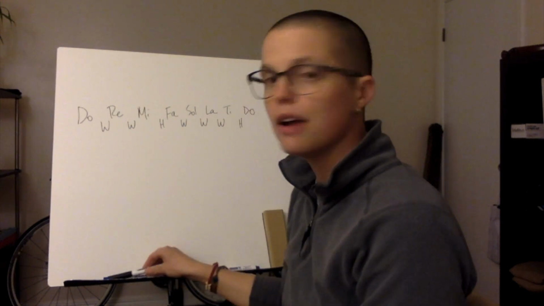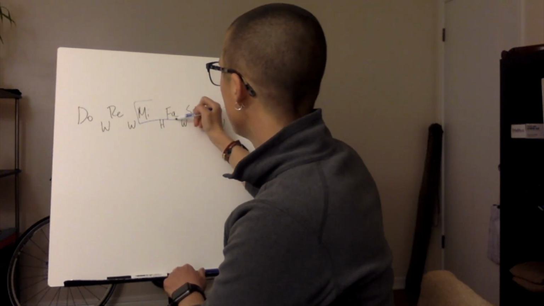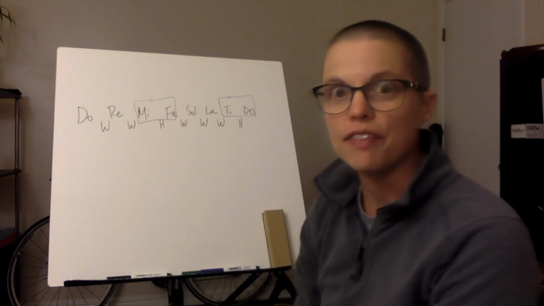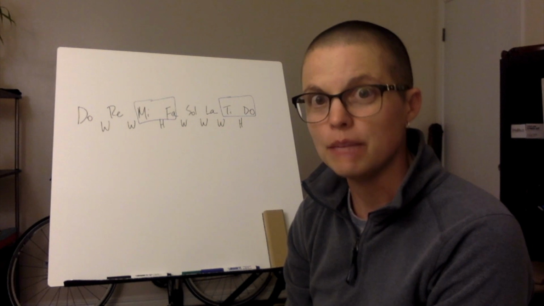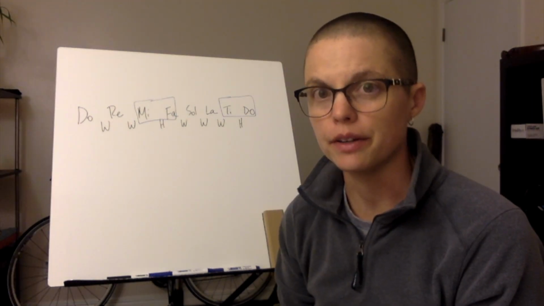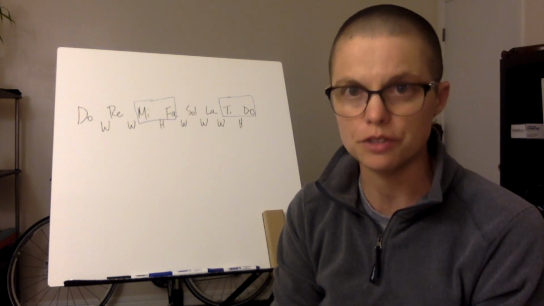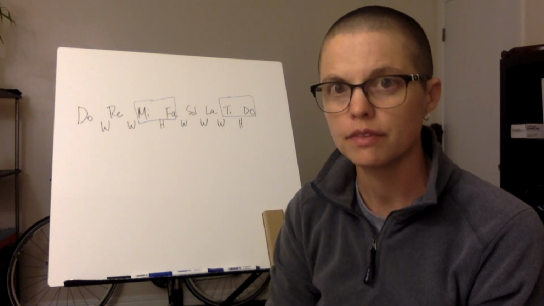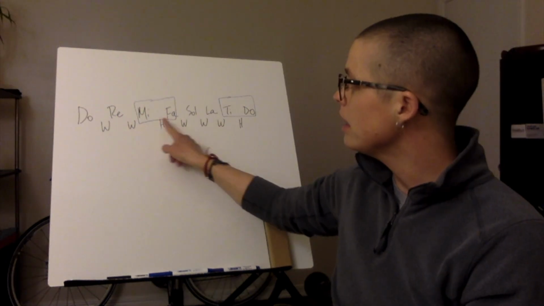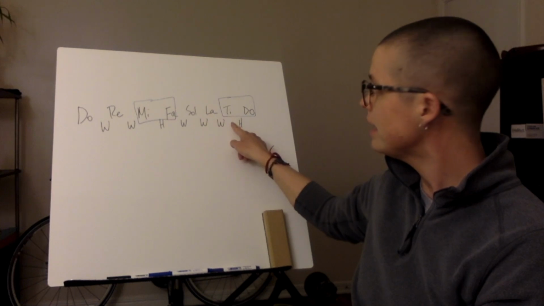So we have two half steps in the major scale between mi and fa and ti and do. We'll find later that this is really important to remember and keep in mind as you're learning melodies by ear. So here's the way it goes if you sing a major scale using solfege. From our starting pitch that we used earlier, here would be do, re, mi, fa, sol, la, ti,